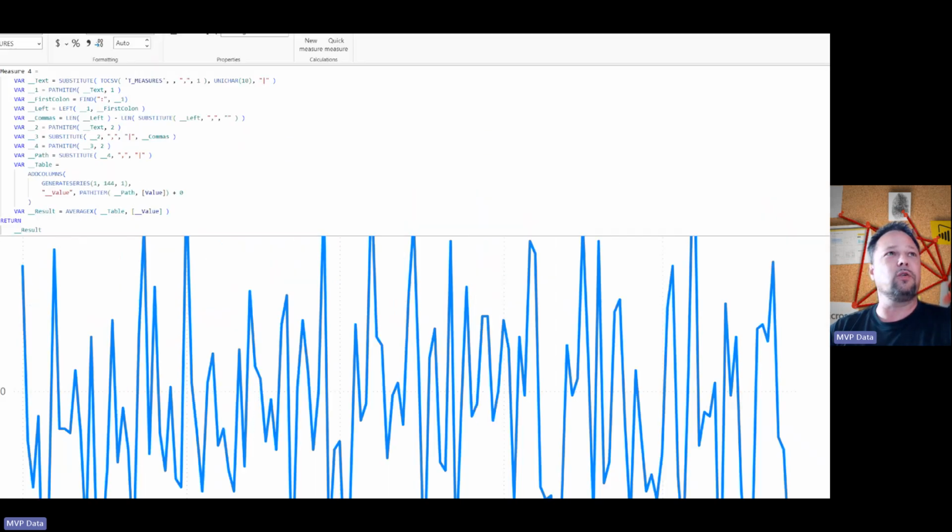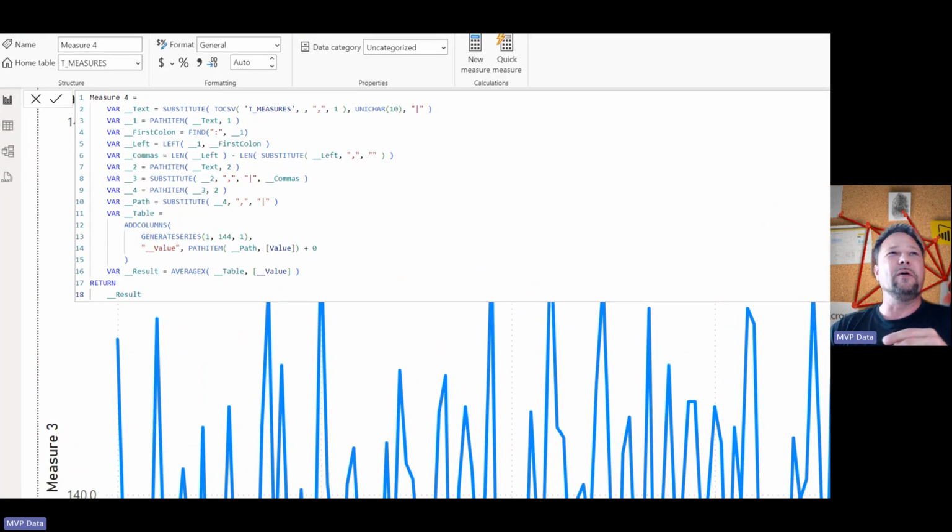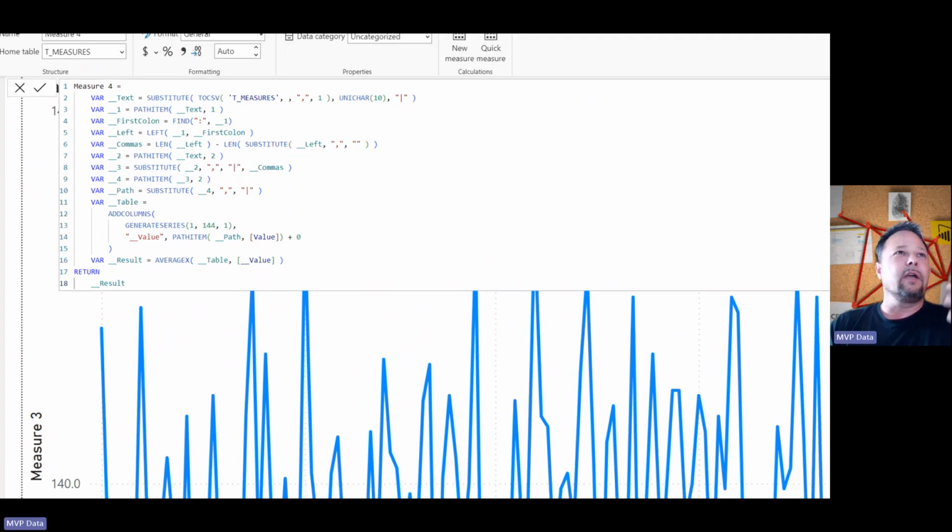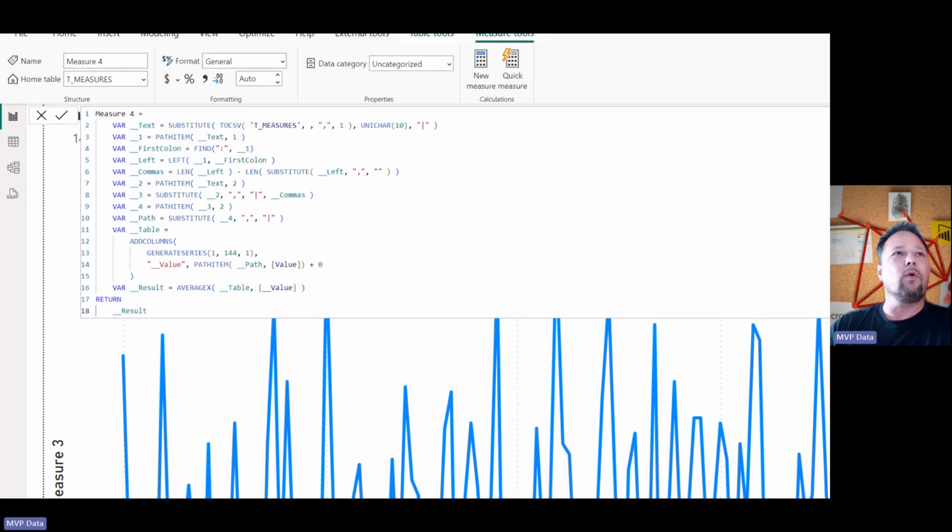We add some more additional complexity in code. So what I do in this one is I start the same way as measure 2. So I substitute 2CSV, include the headers. I turn the whole thing into a path where I have the first part of the path: path item 1 is my headers, path item 2 is my data. I can grab my path item underscore text, grab the first path item, which is